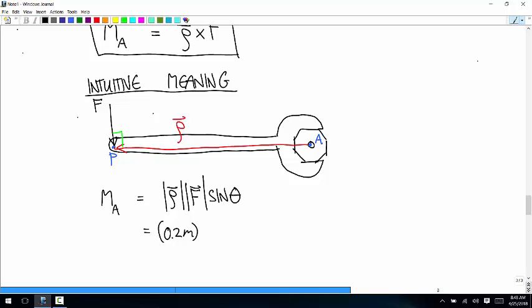In this case, if you put those tail to tail, you have your rho vector like that and your force vector like that, and so this angle is 90 degrees. So 0.2 meters times, let's say, 100 newtons. So keep that always, in this case we're assuming that the final force